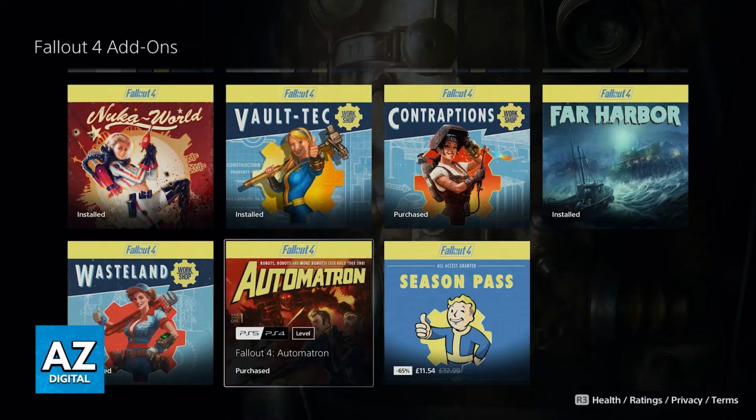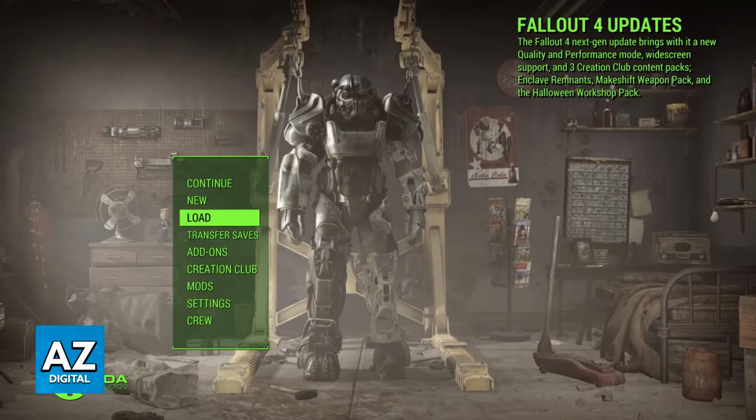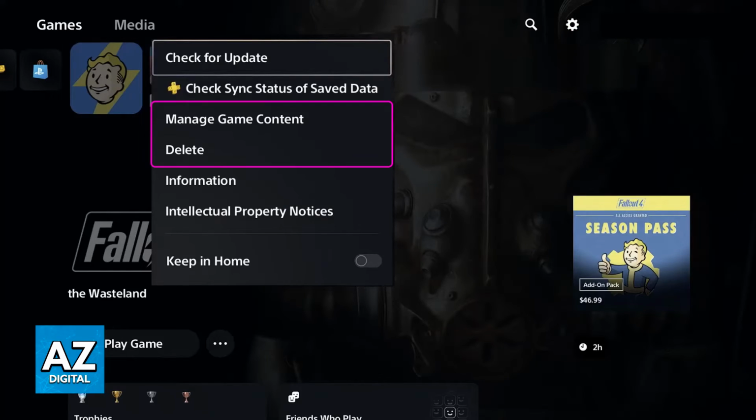You can now try launching Fallout 4 and seeing if this works. If it doesn't work, then sadly you will have to try disabling more DLC or reinstalling the game completely without downloading the Automatron DLC. I recommend that you do a fresh install only if this doesn't work, because for the most part, disabling the Automatron DLC by itself is going to give you the proper results and the game is going to launch without any issues.